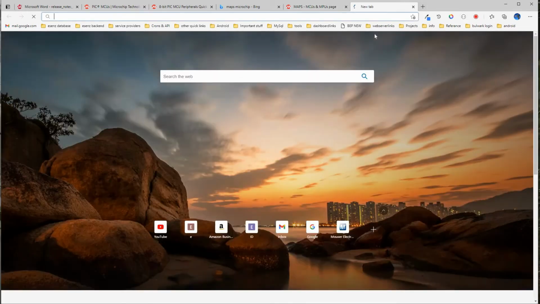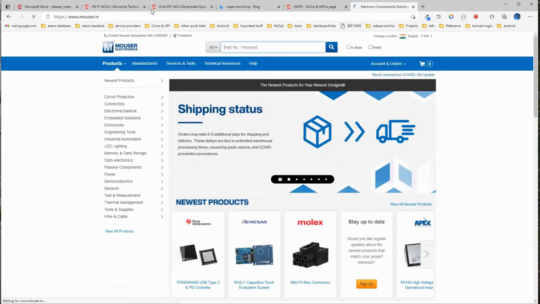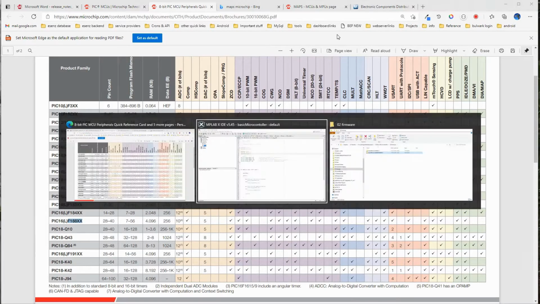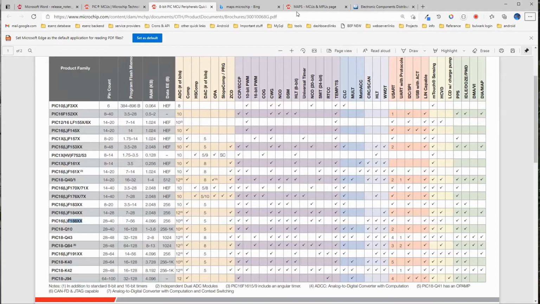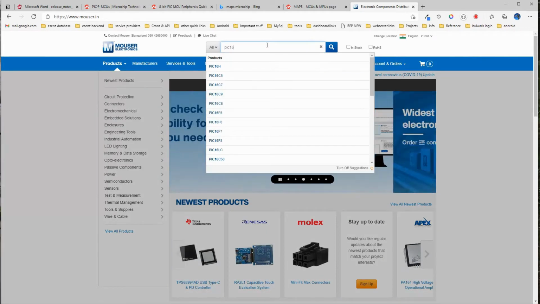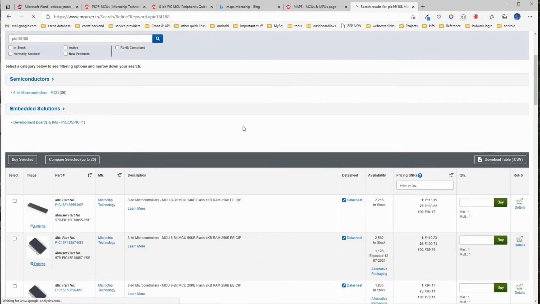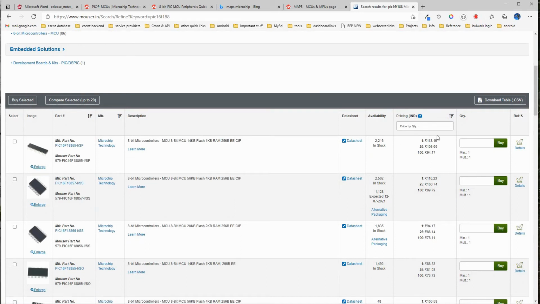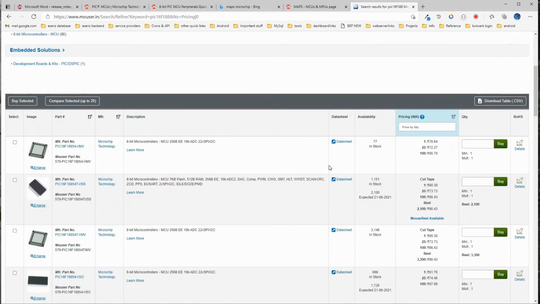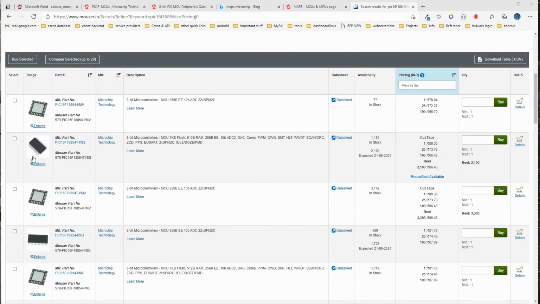For me, I generally search on Mouser, as I would like to buy one which is popular and a bit low cost. So it is PIC16F188. Let's see what else there is. PIC16F188. So let's see what microcontrollers are available in this series. These are the ones, and let me sort it based on price and availability. Don't select ones that are very low in stock also. This microcontroller seems to be okay, I guess. It seems to have enough pins in it.